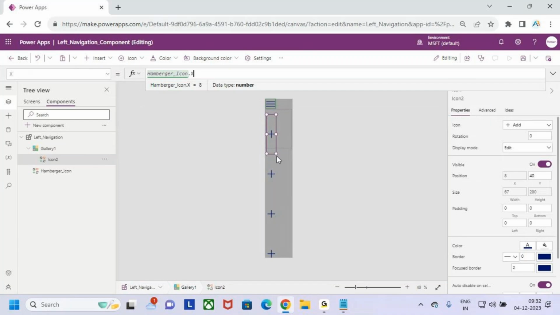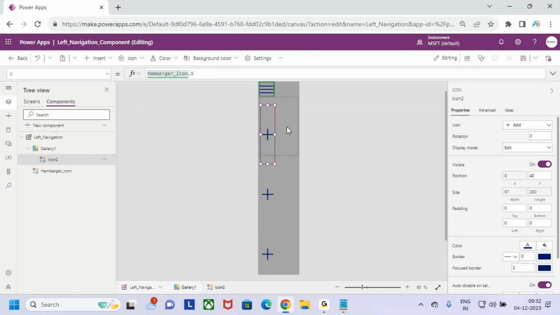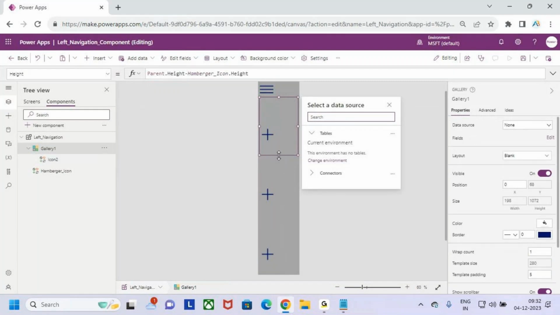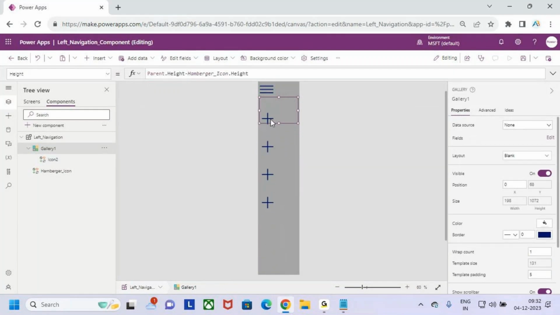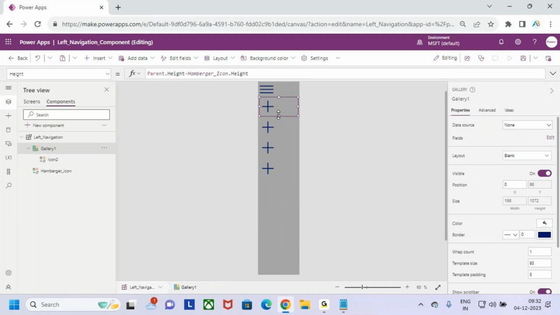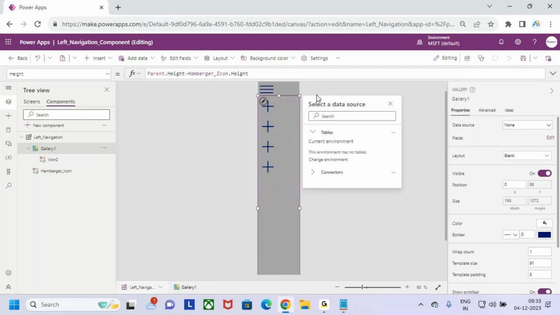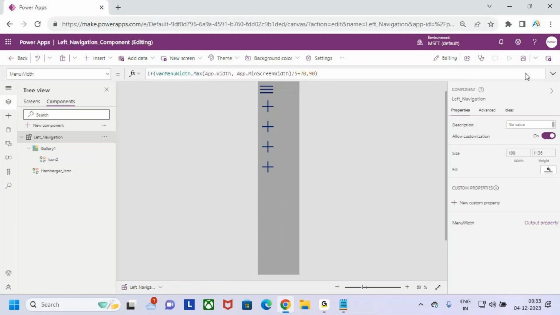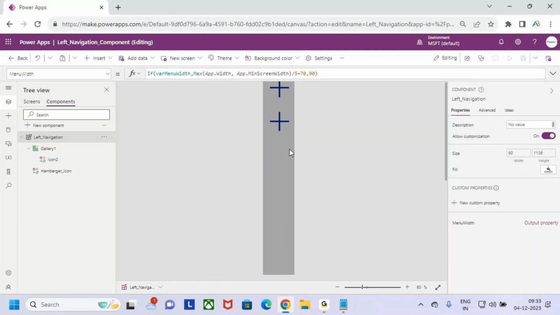Now just reduce the gallery template height, guys. Just reduce the template height here, and also let me reduce it here. Select the template. Fine, let me keep it like this. Now I am adding the icons. Along with the icons, I want to keep some text also. Before keeping the text, let me show you what happens now. Let me save it and alt click on this icon. Now see, if you observe,